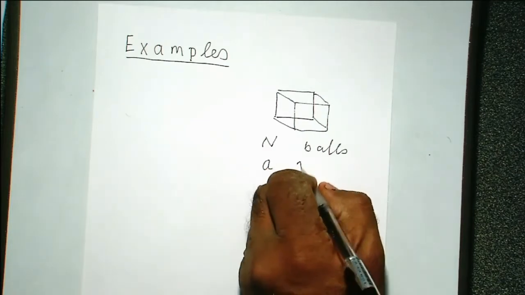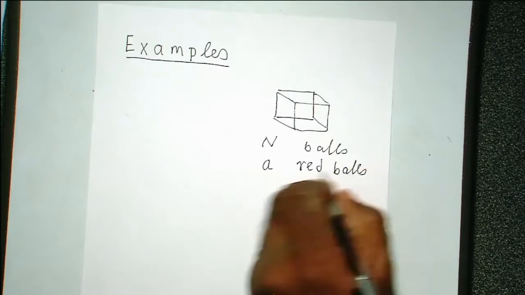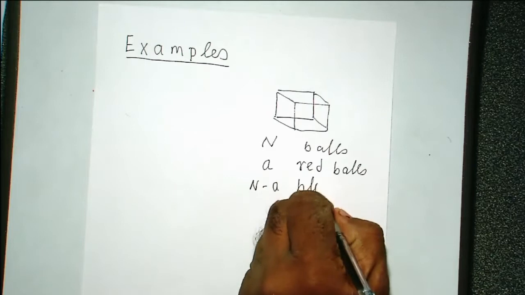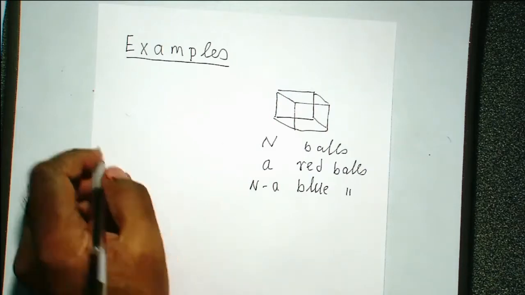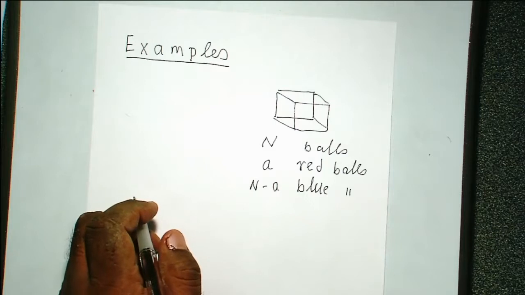A of them are red, and n minus A of them are blue. Now, if you do in the first sampling,